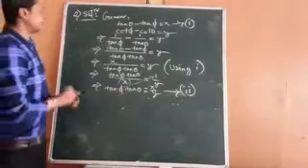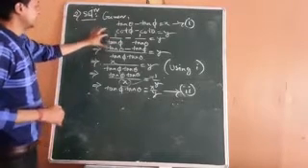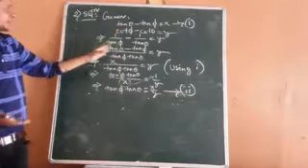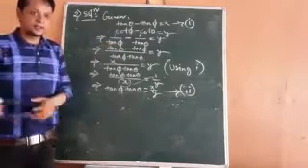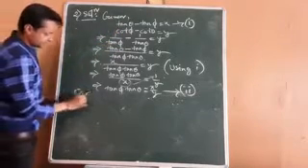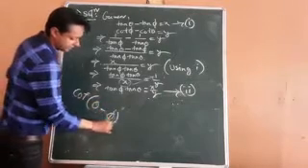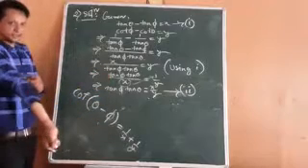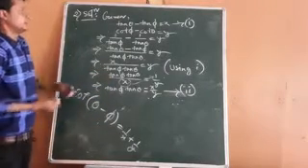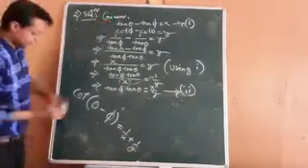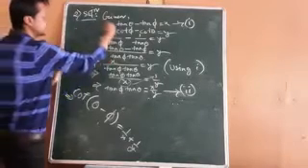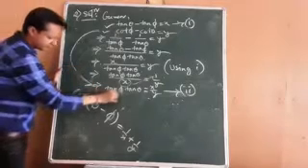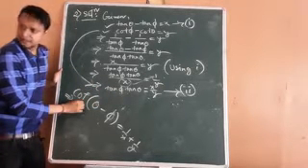Now you might be thinking why I have converted cot phi and cot theta to tan. The question is given in cot theta minus phi equal to 1 by x plus 1 by y. Why have I converted into tan form? You can convert this part also. Although this is in tan form and this part I have converted into tan form, this part I also have to convert.